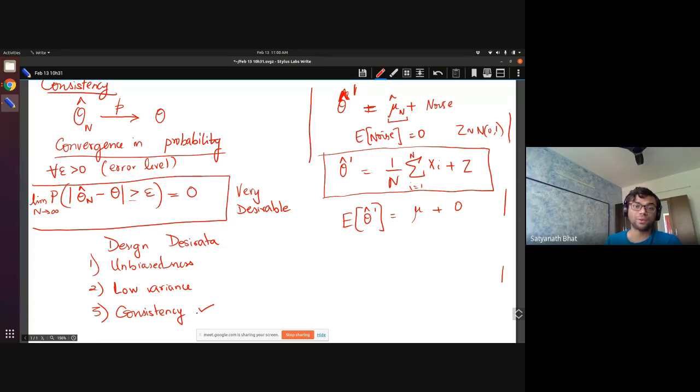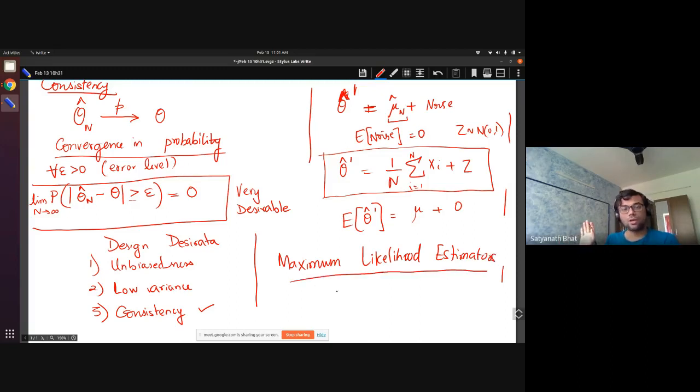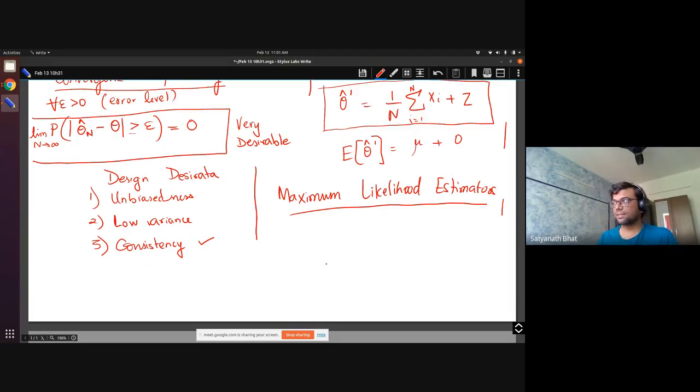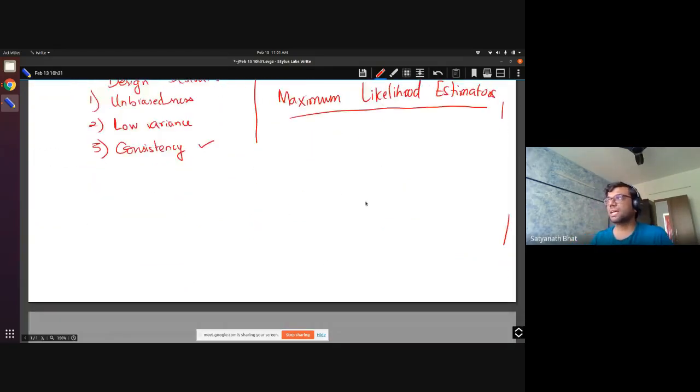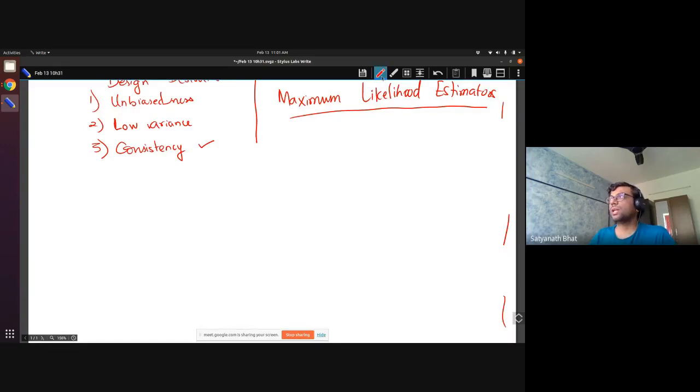If you are able to get consistency, that is good, and fortunately there is a way to always get a consistent estimator with what is known as maximum likelihood estimators. That is what we are going to study now. This is a theory which will always give you consistent estimators. Even though it's biased, it's fine. If you take sufficiently large samples, you are okay. And nowadays people are collecting data left, right, and center, so you are always assured to have a lot of data. So let's look at the maximum likelihood estimator.